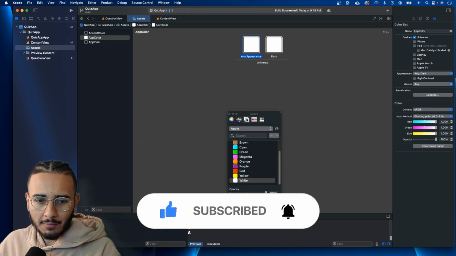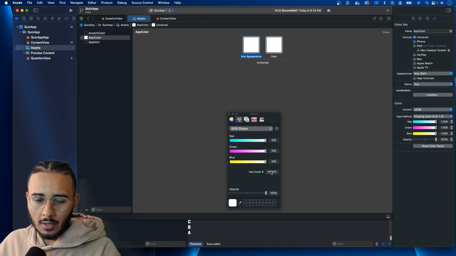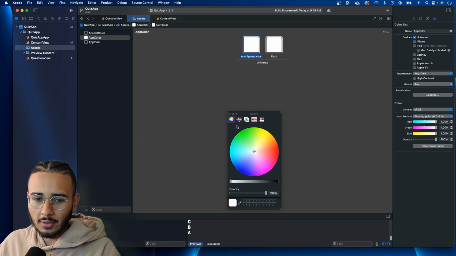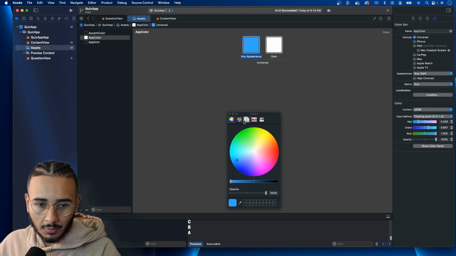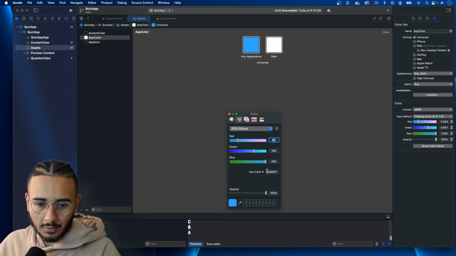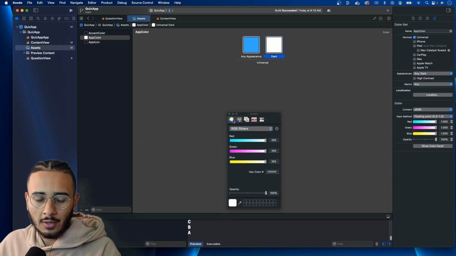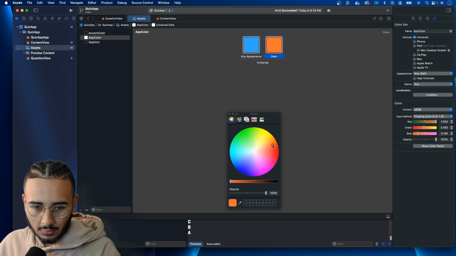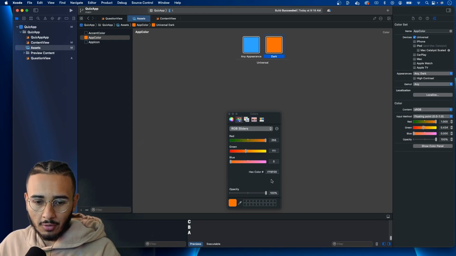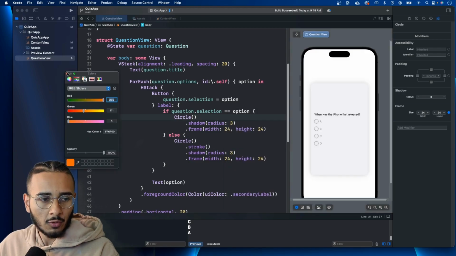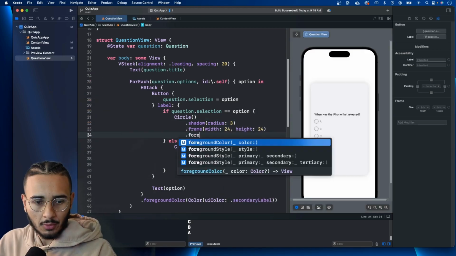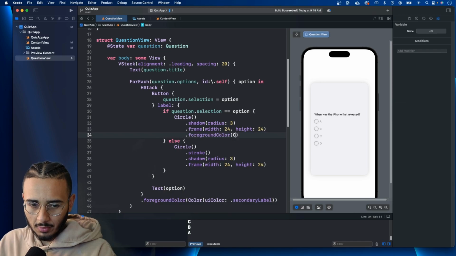If you have the hex, you can enter that in here. But I'm going to play around with this. I'm doing like a little blue. The hex color is this if you want to use it. And I'm going to go for like an orange, a dark orange. This is the hex. And if we go back to our circle, if we go to foreground and we call